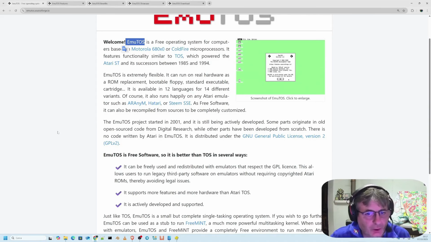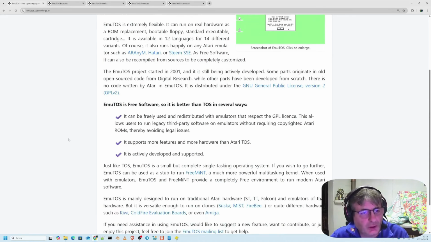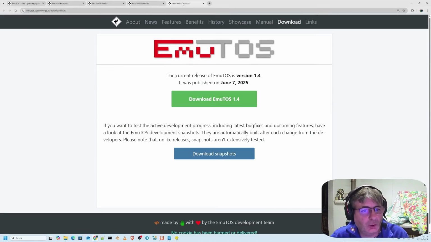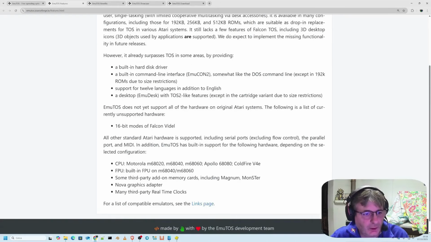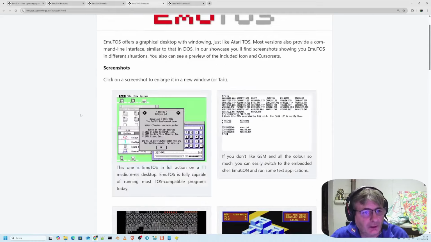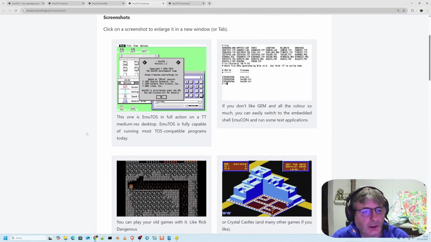It started out to be used on real hardware, but it also took on the identity of EmuTOS because it began to develop a whole range of emulation components. It's written in C, assembly, and of course for the 68K. I won't say or add anything else. Obviously, you can download it. And here there are various other features and benefits. Then we can look at the graphical interface, which has a bit of a retro style and so on. But let's continue our overview of Amiga OS operating systems.